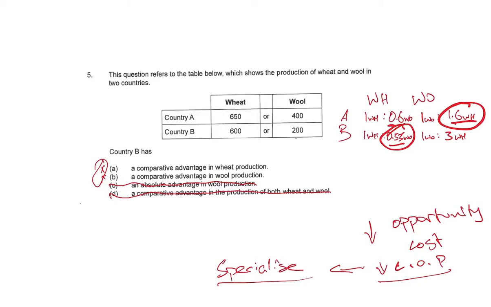Turning back to the answer for the question here, does country B have a comparative advantage in wheat or wool production? Well, we can see here that country B quite clearly has the advantage in the production of wheat, which means